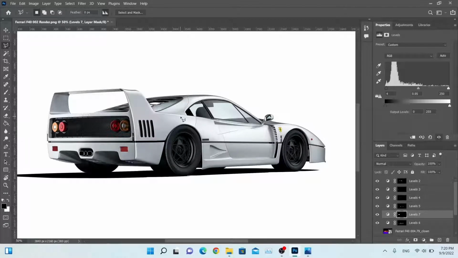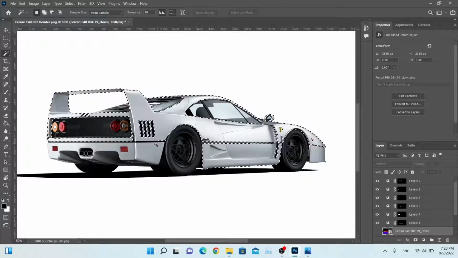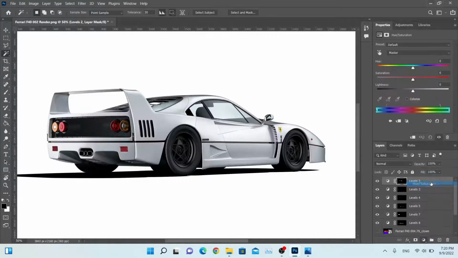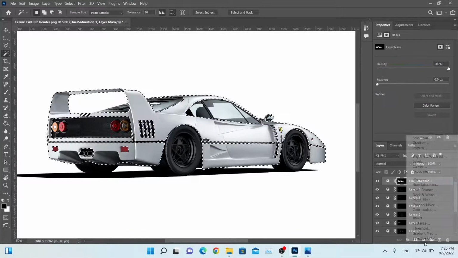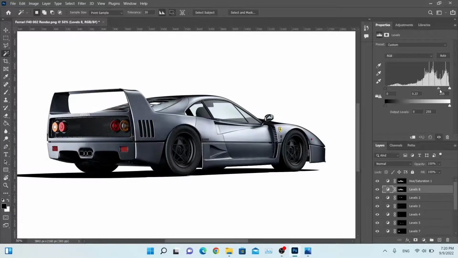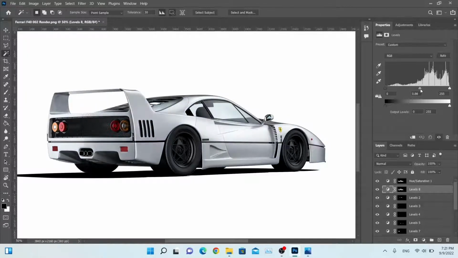We are going to change the colors of these cars. So we are going back to our layers, and I'm going to select this car paint. I'm going to create a new channel, which will be the hue saturation and also the levels as well. So the levels, and I'm going to bring these levels a little bit down, and I'm going to make sure we make the black variation, and you can see how it looks. It's really nice. But first we are going to repaint this car, so something like this,